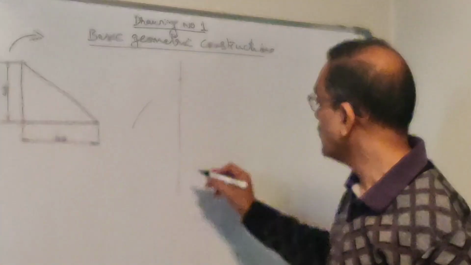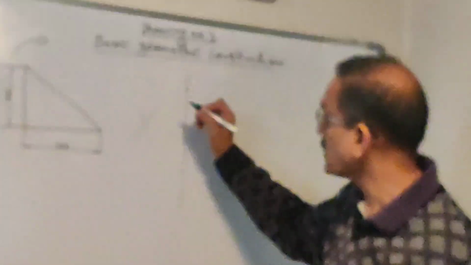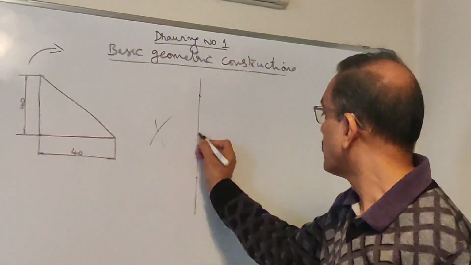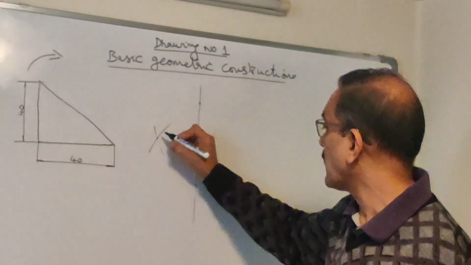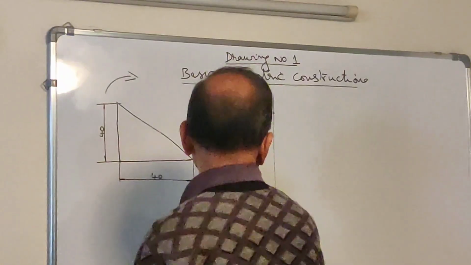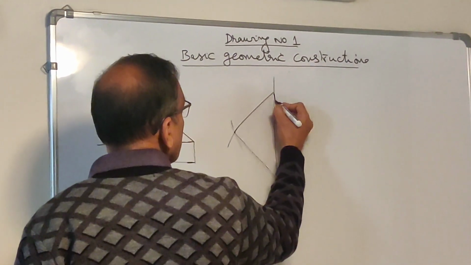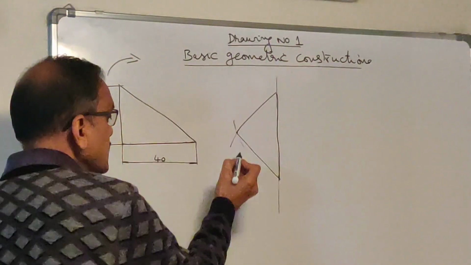It will be drawn thin. Now this is the center, again 40 mm radius. You will draw another arc to cut that arc so that you get the apex. Once you get the apex, you can just connect the lines using dark lines. Now this line also can be made dark. So this angle is 90 now.